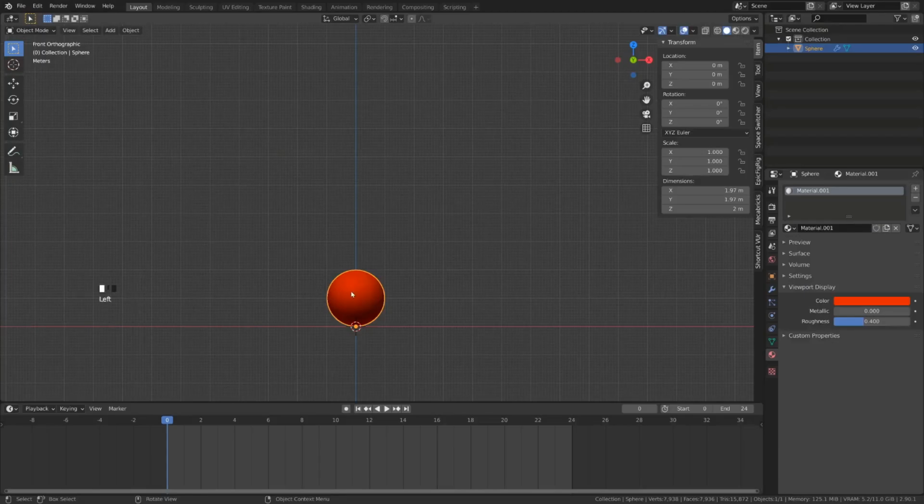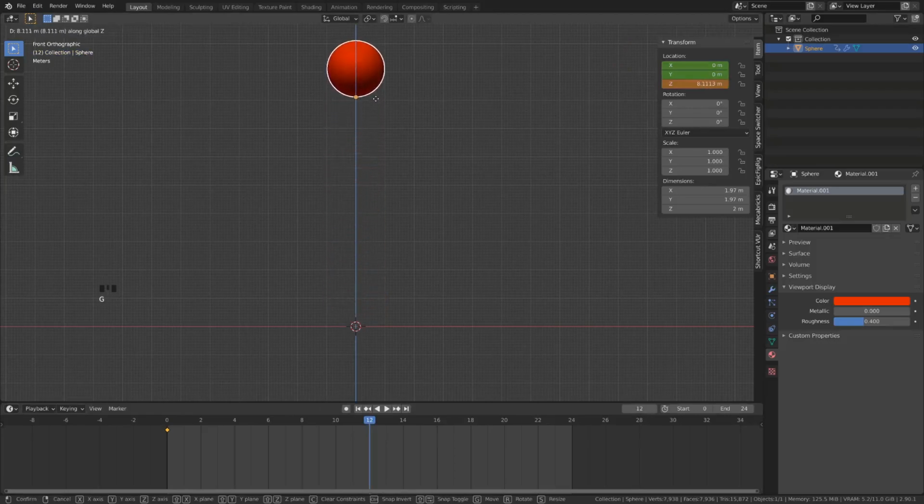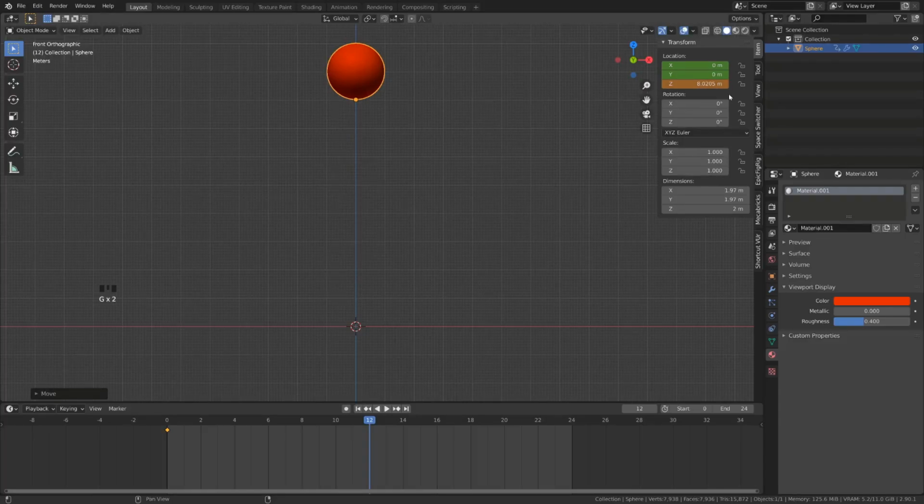So let's start our exercise on frame 0 and insert a keyframe. Let's move the playhead to frame 12 and then move our sphere, or ball, on the Z-axis by 8 meters. We can see that our transform channels have changed color. The X and Y have turned green, meaning that they have been keyframed previously and their values haven't changed. And the Z has turned orange, meaning that we have transformed the Z value, but it's not recorded yet. And this is a big